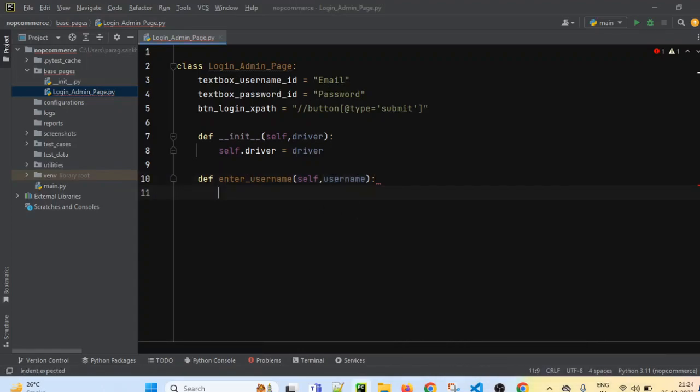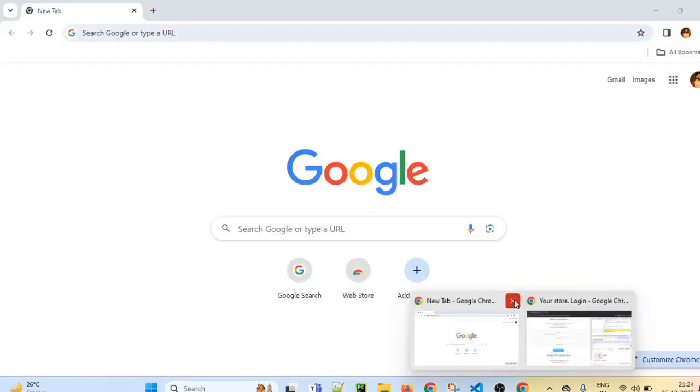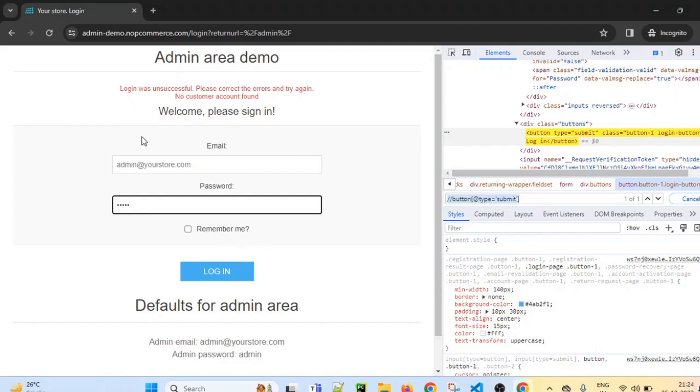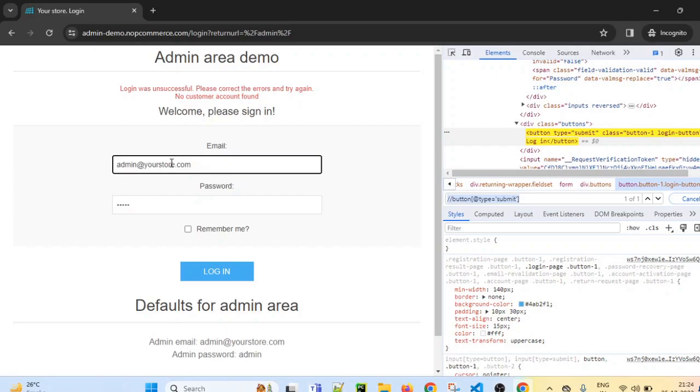So now to pass that username into that username field, what is the action item? We have to identify this email field, and if you see, there is already some value present inside it.